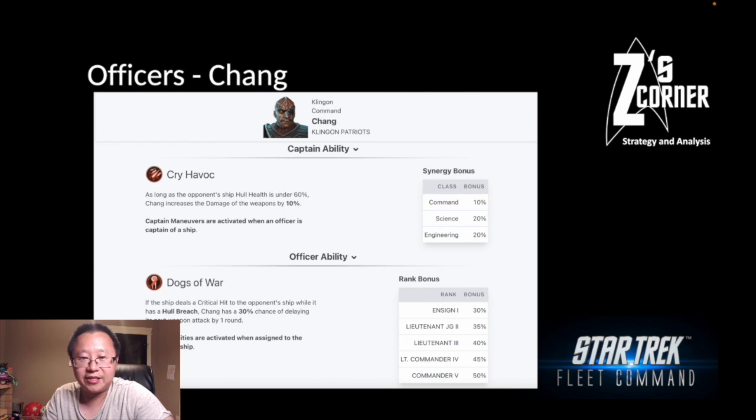And then last but not least that I got pulled up is Chang, and his officer ability is actually pretty focused. We're going to focus mainly on the officer ability, because the captain ability is negligible. It's about delaying weapon fire, so it has a direct impact in terms of how the weapons are firing. It's different per weapon, and it's kind of different depending on where it procs. So it gets really complicated, and with that, we're going to have to put it into a separate video on Chang